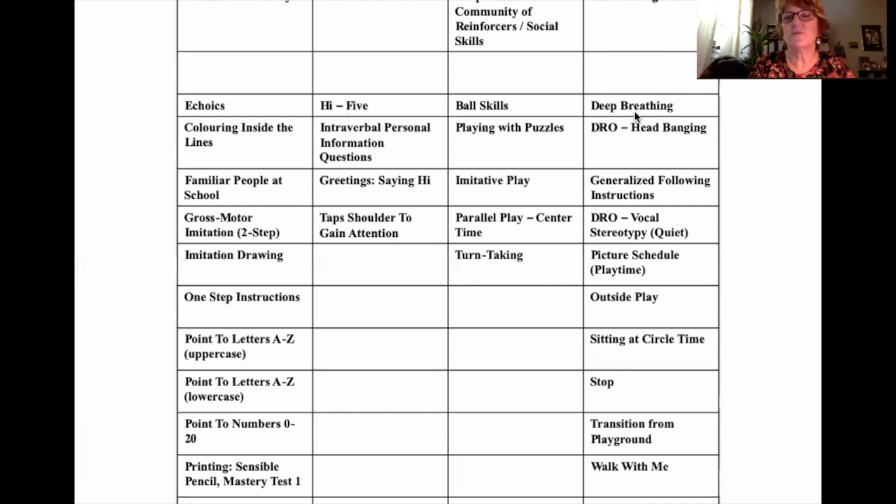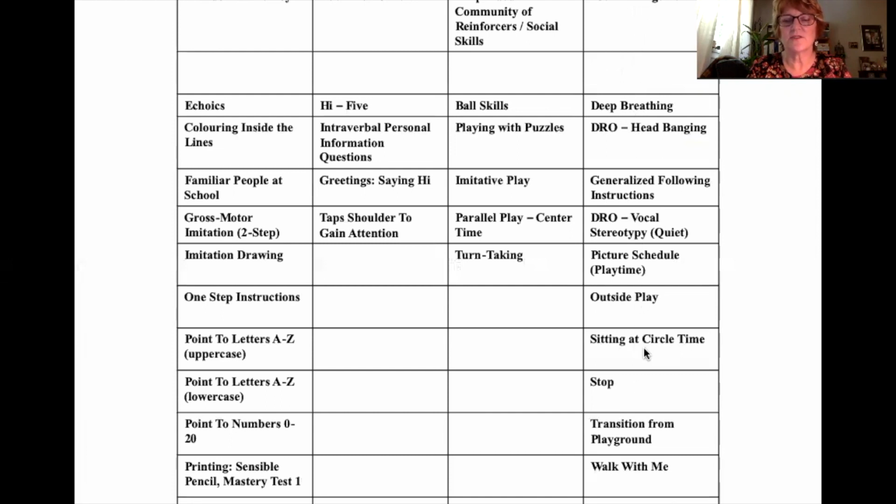So in this case, deep breathing is going to be to try to cut down on anxiety. So if you're starting to get anxious about something and you say, okay, let's breathe deeply, let's do 10 deep breaths, then if that student's already practiced that, even though they're anxious, they're just automatically going to know how to do some deep breathing and get themselves calmed down. So these are self-management, dealing with difficult behaviors.